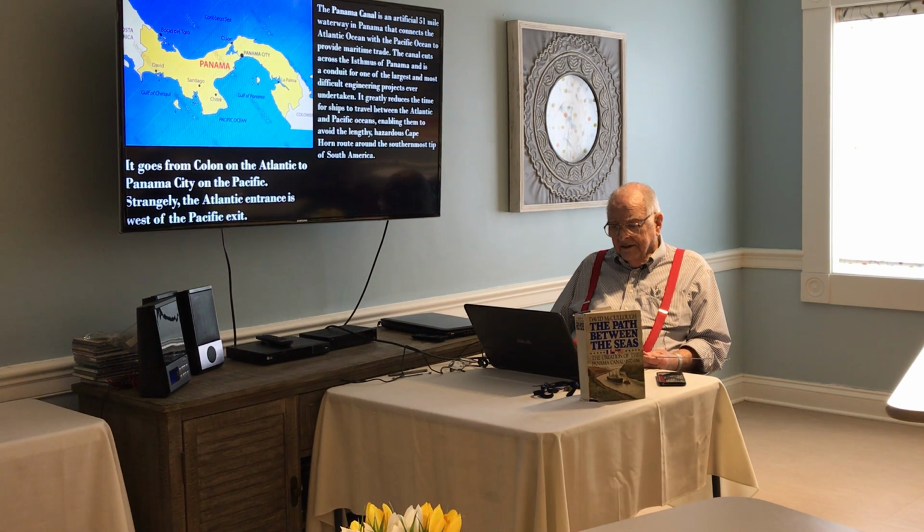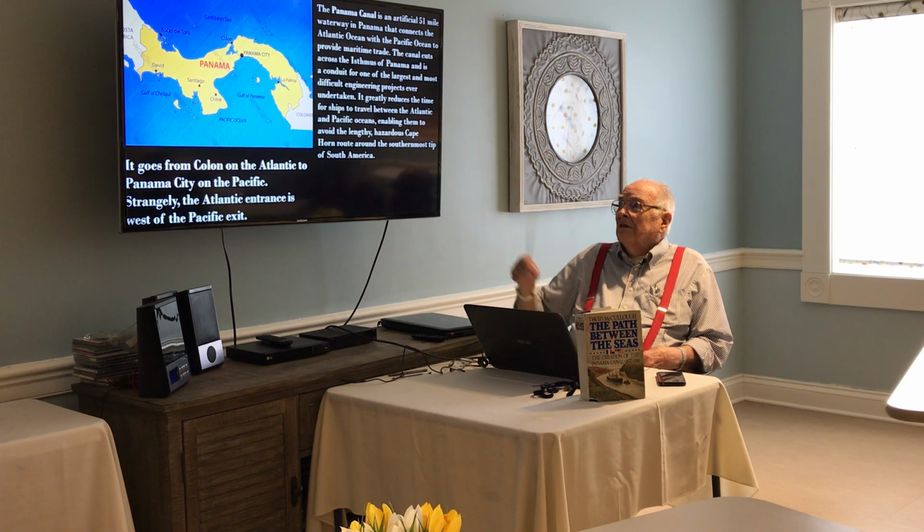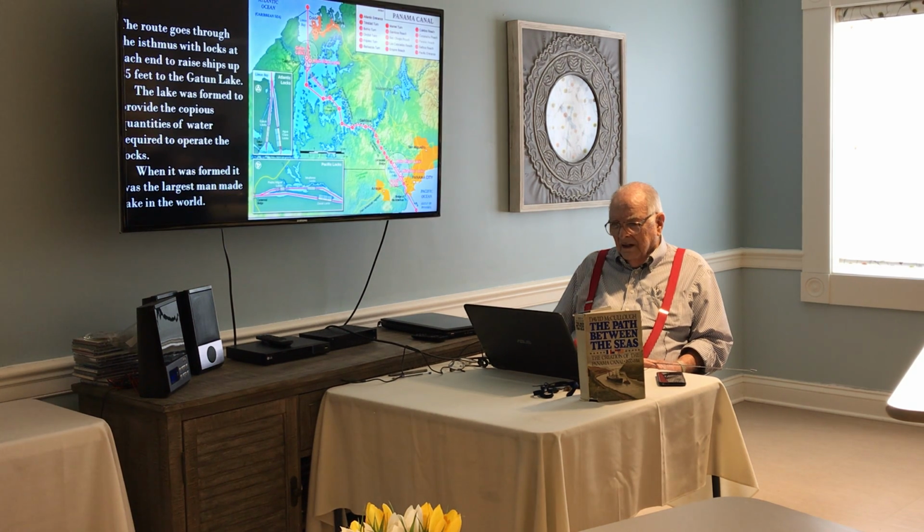Strangely, the Atlantic entrance is west of the Pacific entrance. And as you can see, the two cities up there, Colon happens to be slightly west of Panama City. The route goes through the isthmus with locks at each to raise the ships up 85 feet to the Gatun